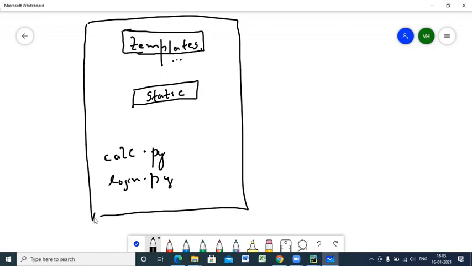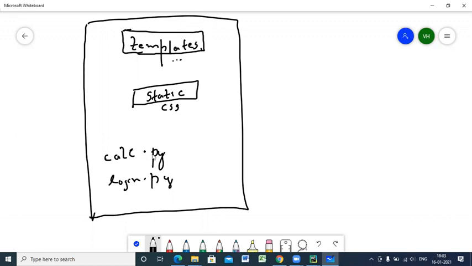Are there any other folders apart from this? Yes, we have a lot of other folders, depending upon the complexity of the Flask architecture. But for any simple application, we can just say that all the design files will be in the templates folder, and the supporting files for the design, which are the CSS files, will be in the static folder. And any Python files will be in a folder called calculator, or it can be a folder called login. It can be anything for that matter.